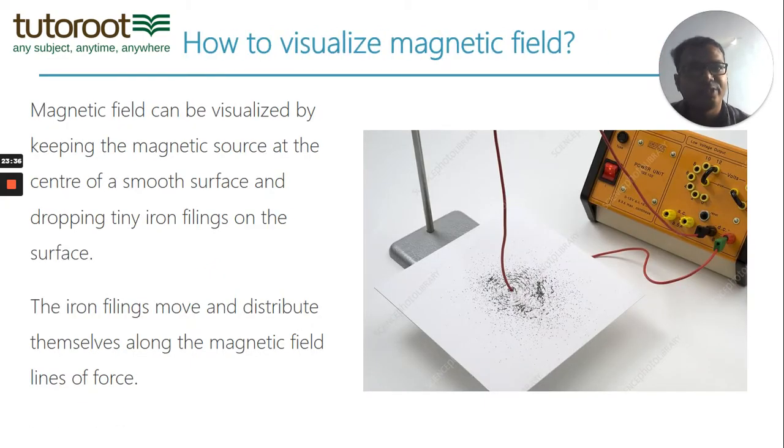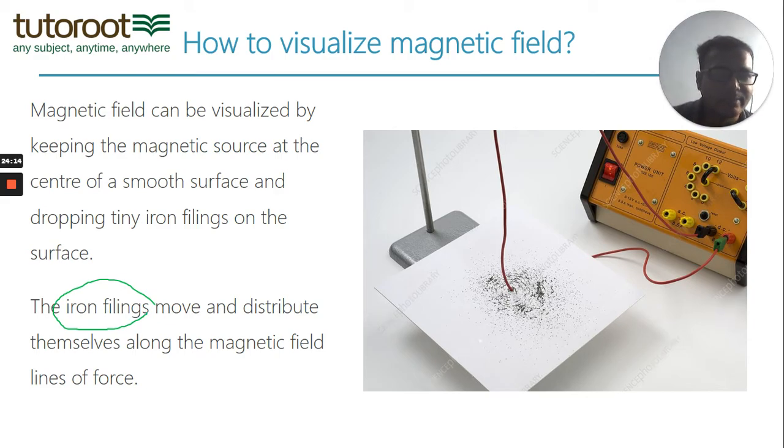So magnetic field can be visualized. How do you visualize a magnetic field? So we saw that if you put a compass at each point, it gives the direction of the force at each point. But instead of doing that big thing, how do you get an overall picture of the magnetic field in the first go? A very easy example of doing this is using iron filings. Iron filings are very, very small iron particles, like iron powder. Now whenever you pass electric current or go around a magnet, you spread iron filings all around it. And you see that magically they take up a shape. They take up a pattern.